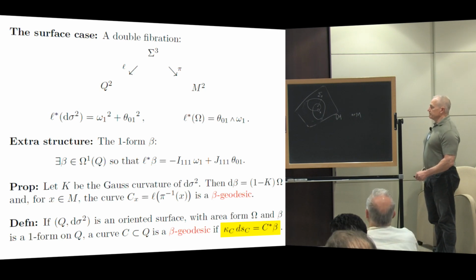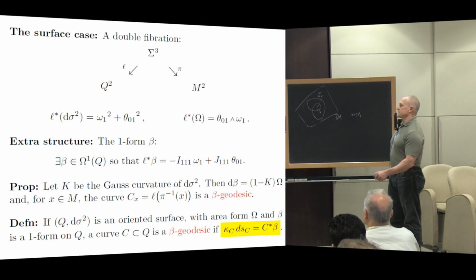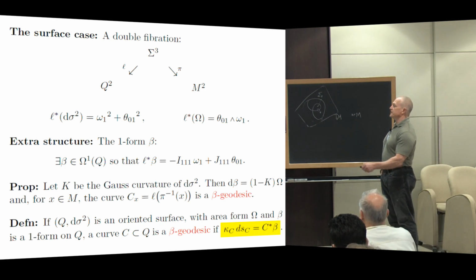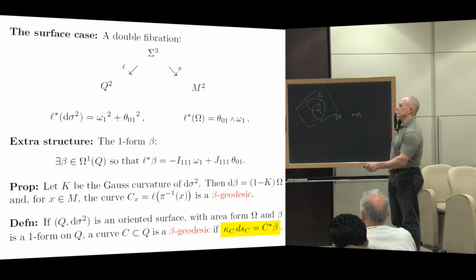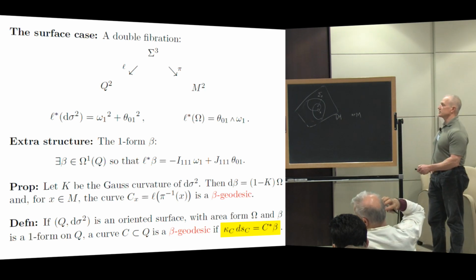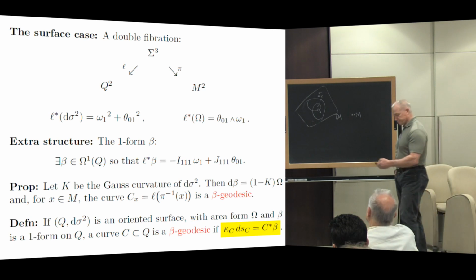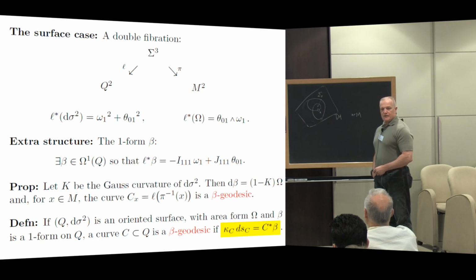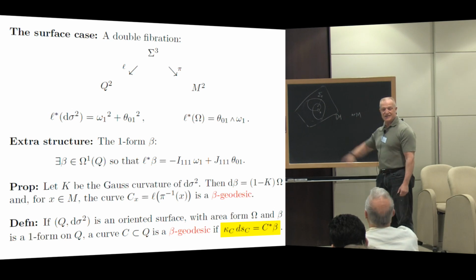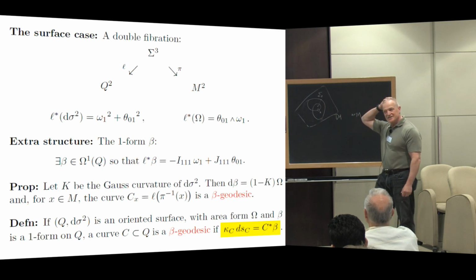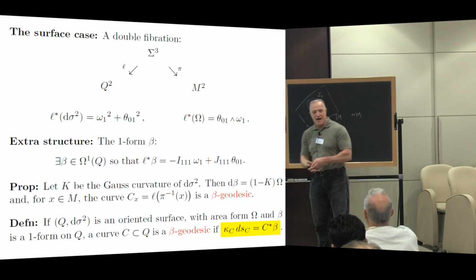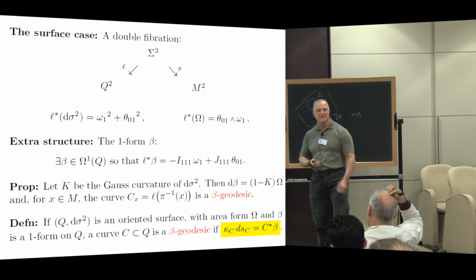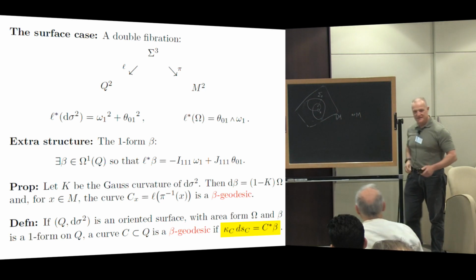for any beta. So what this tells you is that the extra information that beta gives you is this family of curves sitting inside Q. This canonical family of curves sitting inside Q2. Why this name? Why do you call them beta geodesics? Well, if beta were 0, they'd be geodesics. Yeah. So, some people call them magnetic geodesics. They think of beta as a magnetic form, and so this is how a geodesic particle would move subject to a magnetic field, right? Right. Yeah. Right.